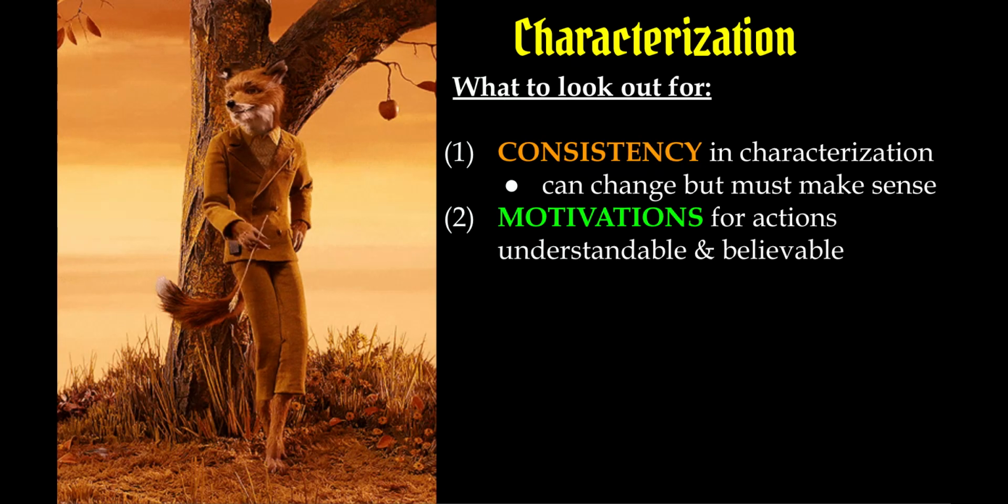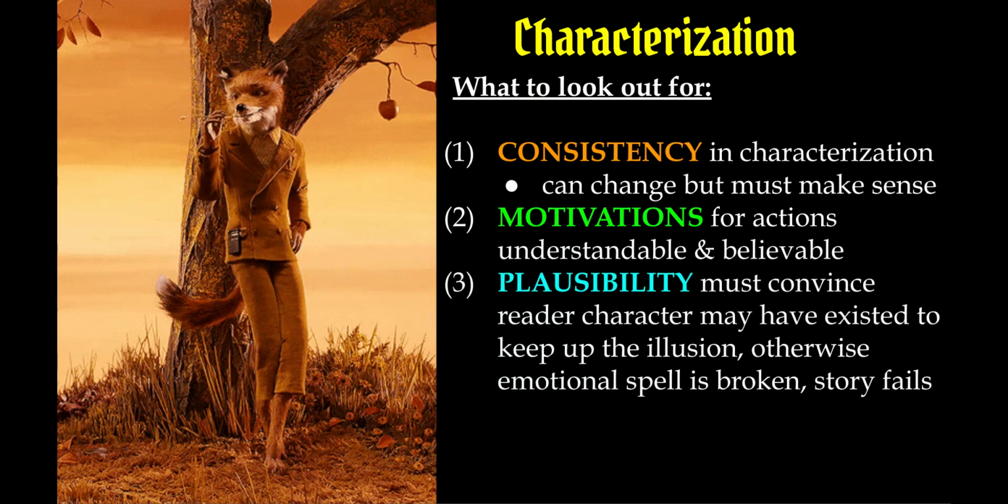Their motivations, why they do things, should make sense. It should be understandable and believable. Otherwise, it pulls you out of the story and you lose that emotional impact. And plausibility. The author needs to be able to convince the reader that the character could have existed. There's this thing called